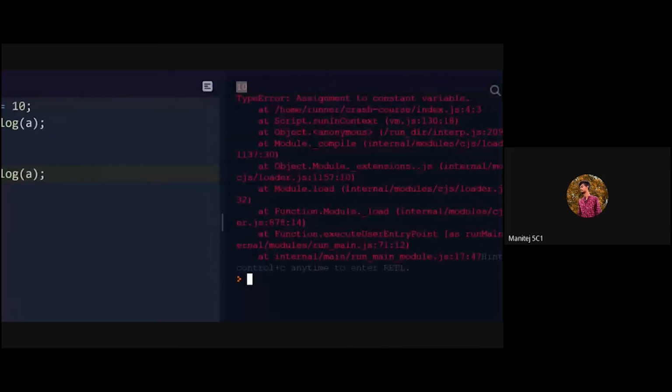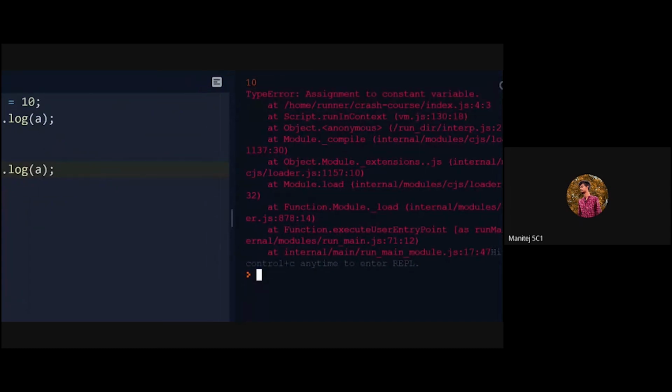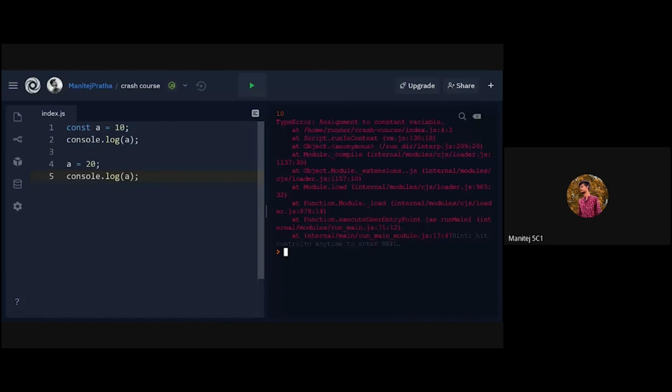As you can see, it printed 10, but it says TypeError: Assignment to constant variable. As I told earlier, a constant variable is assignable only once. If you try to update the constant variable, it will throw an error. So this is how we create variables in JavaScript.